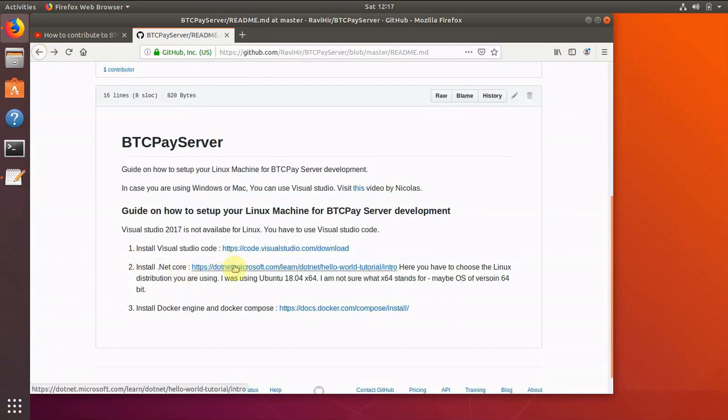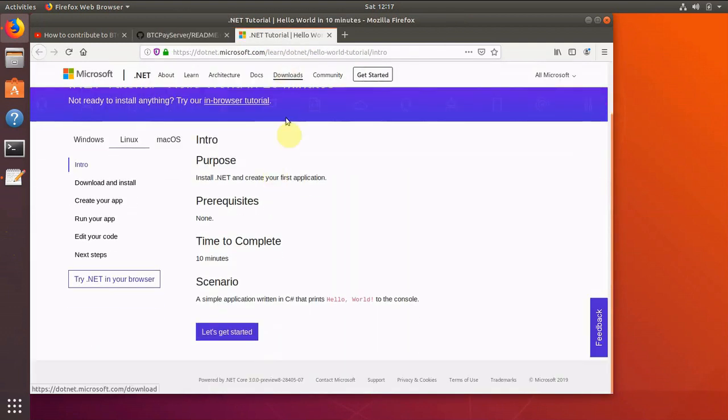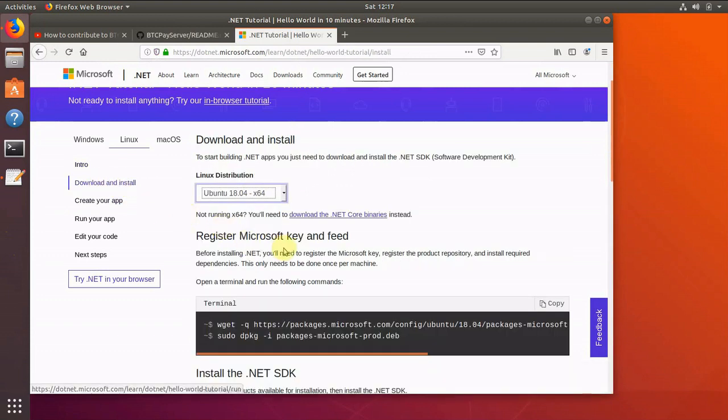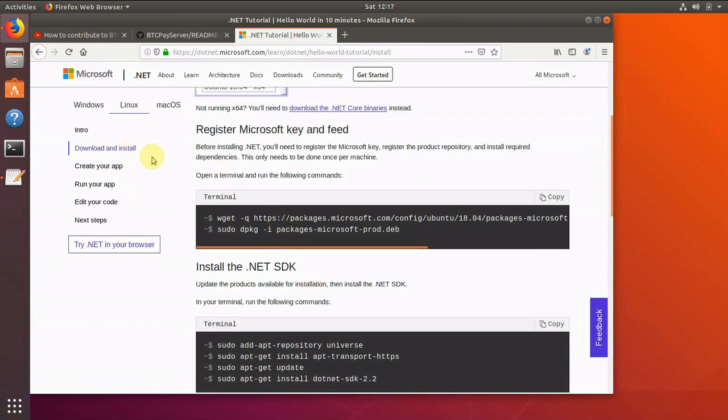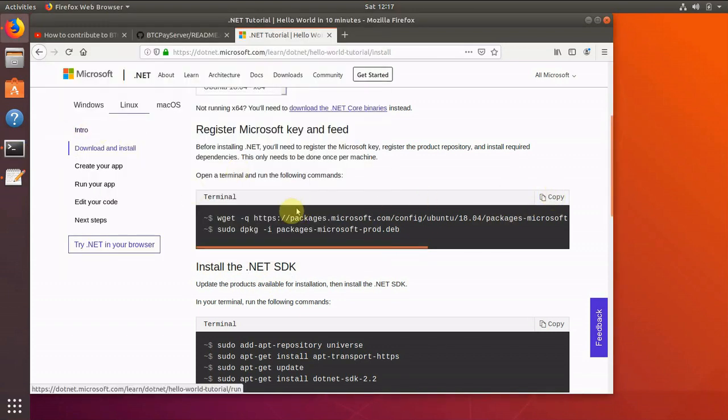Let's start by installing .NET Core. It's always good to go from the SDK, and Ravi didn't link directly to the download and install page, but it's just 2 clicks away, and we'll essentially register the Microsoft key and feed, and then install the .NET SDK. So let's fire up the terminal, copy,